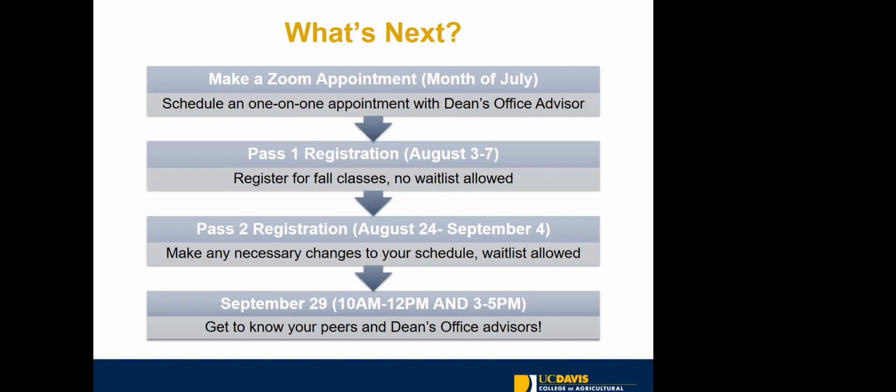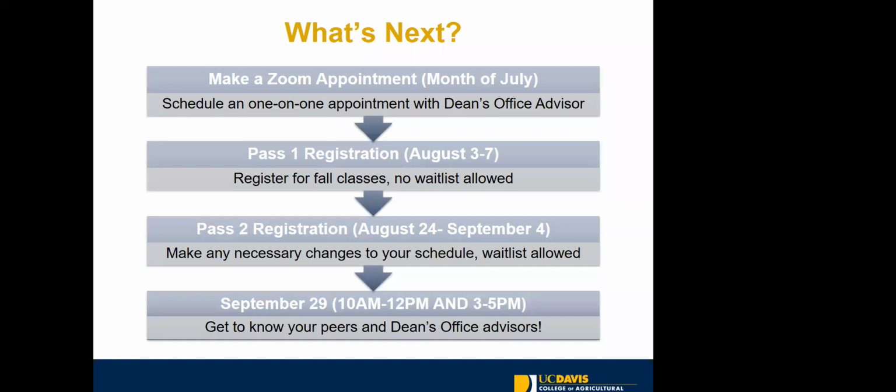that feels really late, but don't forget we're on the quarter system, so we start end of September. You're going to make any changes necessary to your schedule. So if you register for classes August 3rd through 7th, and then you realize, oh, I think I don't want to take that GE, or maybe I should take the workload chemistry, or maybe I should take that calculus, you can definitely go in August during your pass two through September, and you can make a